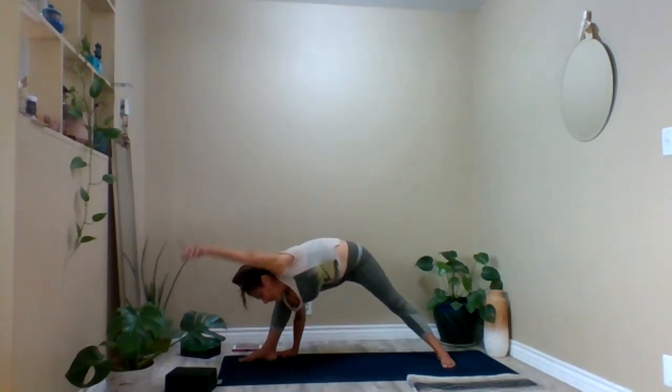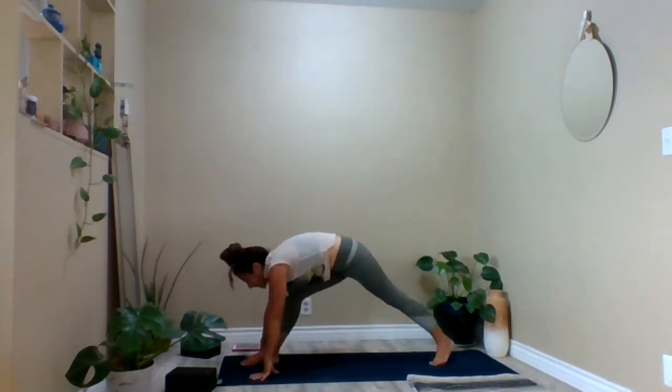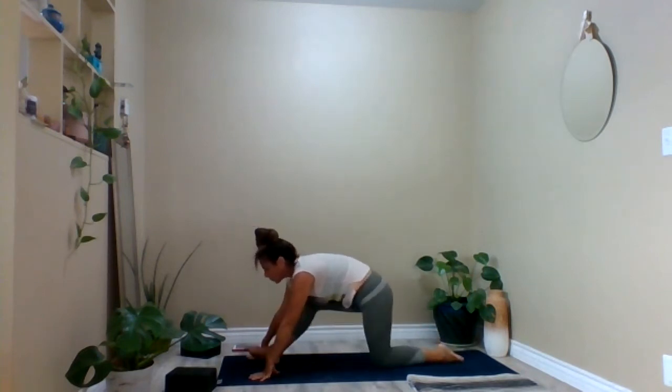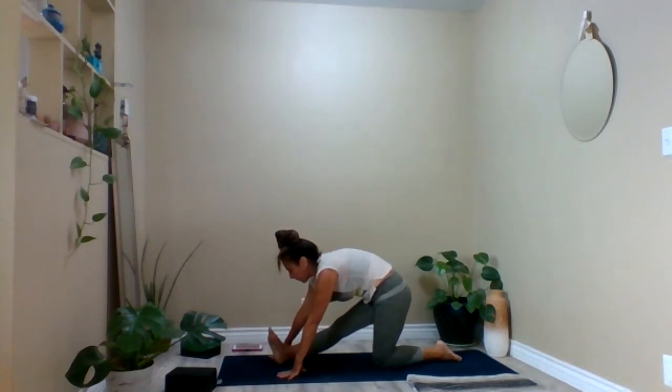I'm going to bring the left hand back down. Take your right hand to the outside of your right knee. Draw your left knee down. Straighten out this right leg. Toes up, breathe. Push your right hip back. Draw your left hip forward. As you breathe it out,